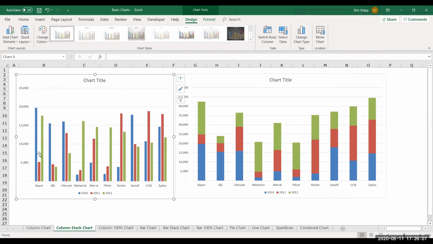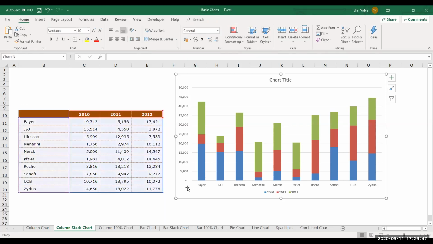Now each year's values are being displayed in a separate column over here for every company. So I need to choose a different color. That is, if I choose this series, it will let me compare only the 2010 value. See, it's quite difficult to understand it. We are trying to compare all 3 years of values put together for one company. So the best way to represent is stack it. What I have done, I have put all these columns one upon the other. That is known as stacking. Okay. When you stack it, you look at it, it will be much easier for us to analyze the data.